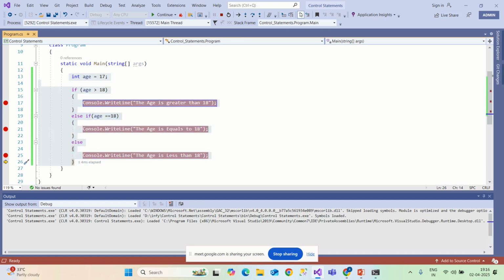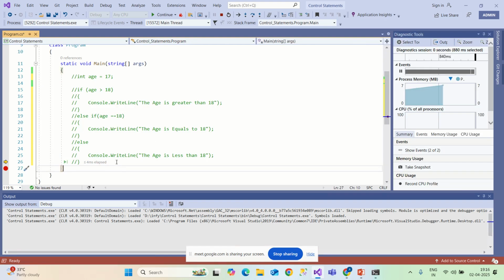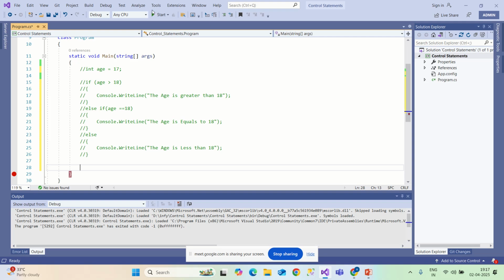And we will go to the next topic, switch statements. We'll stop the debugging. After starting it, if you want to stop the debugging, we will have a red button here, a red icon. If you click on that, it will stop. And switch